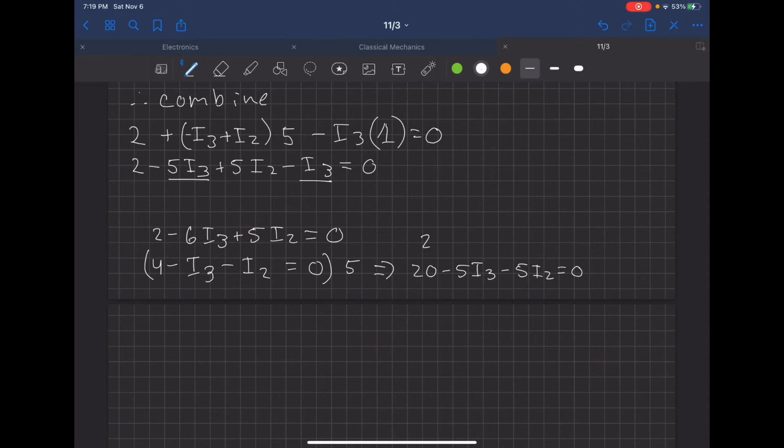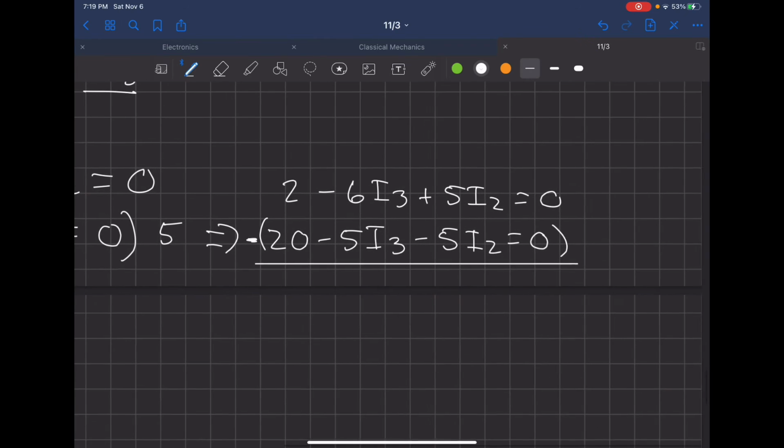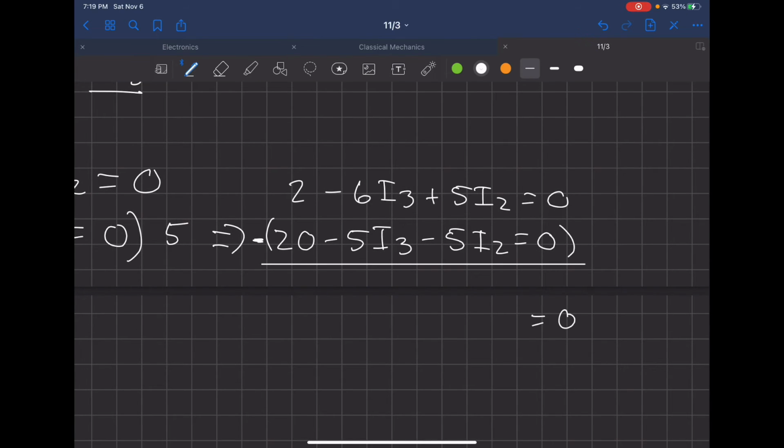Then we have 2 minus 6I3 plus 5I2 is equal to 0. So now we can just subtract this whole thing from the top one, and that's going to give us 0 is equal to, these cancel, and then these are both minus, so we're going to get minus 11 I3,